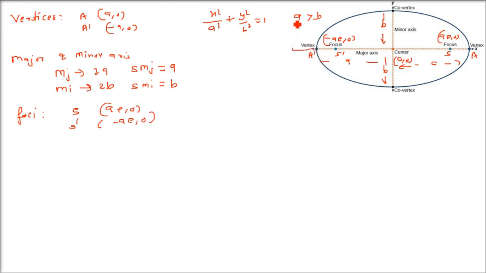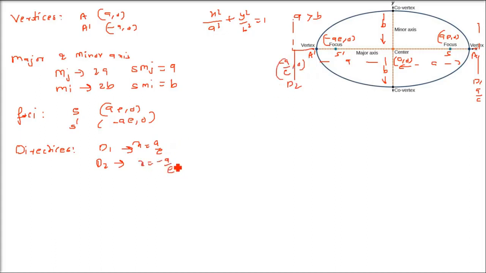Then we have directrices. These are two directrices. This is d1, this is d2. So what will be d1? d1 is x equals a by e, as we have seen earlier, and d2 will be minus a by e. So d1 will be x equals a by e, that is the equation. d2 will be x equals minus a by e. So we have minus a by e, 0, this is the coordinate. This is the directrices. Center will be 0, 0 for this particular case, because when center will not be 0, 0, then also we will talk about what we are going to do about that.